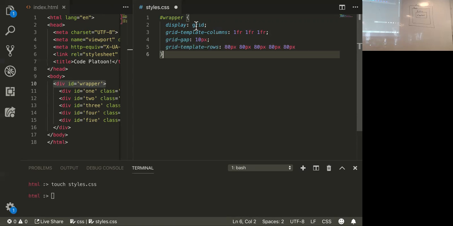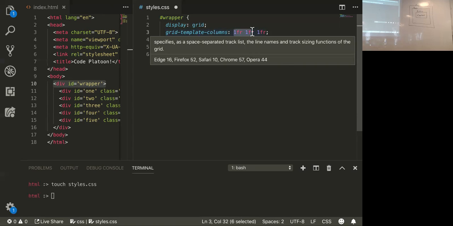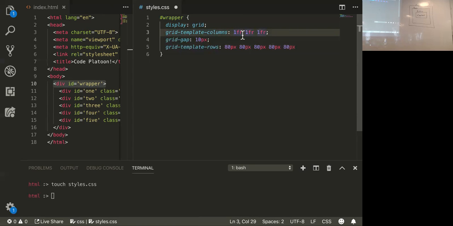So what have I said here? I've said I want everything in wrapper to be displayed as a grid. For the columns, I want you to make 3 columns. So if I passed 6 arguments here, then I would have 6 columns, right? 1 argument, 1 column. So what is FR, right? We haven't talked about that yet. FR is a new measurement that we have that's really useful. And I think it stands for fraction. Basically, the browser will just calculate, even as we expand or contract it, it will keep recalculating,